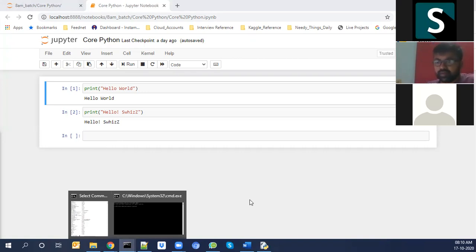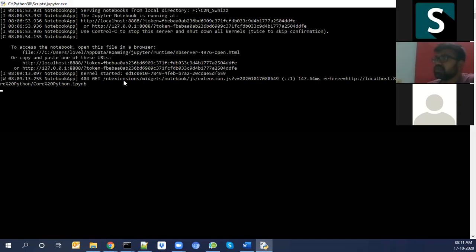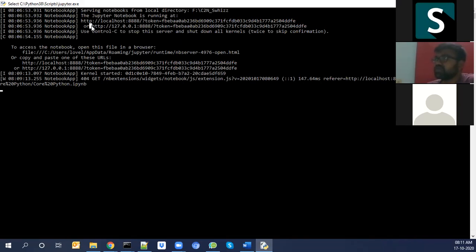Is there any key to copy and paste this link? If you double tap on that, it will directly copy that link. No, it's not copying with my mouse, I tried that. Okay, so you got this link, right? Yeah, correct. Actually, it should open directly as a pop-up in the web browser. To access the notebook, open this file in a browser. I got the same one, but when I'm double tapping it, it's not opening.